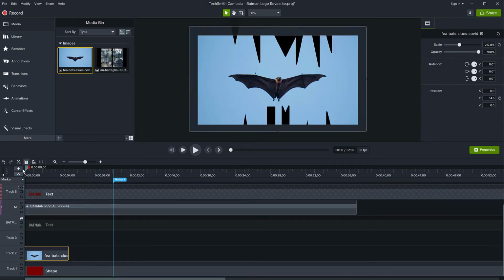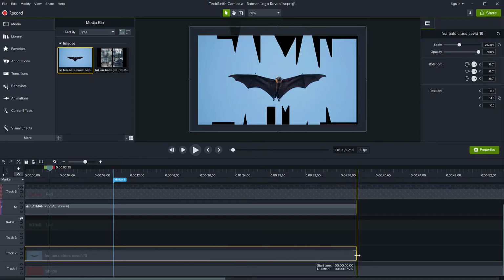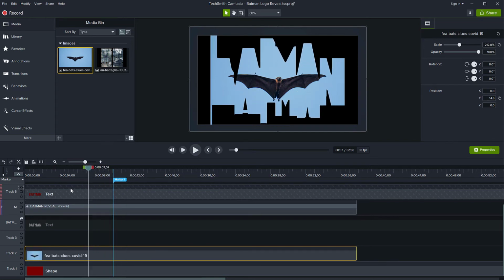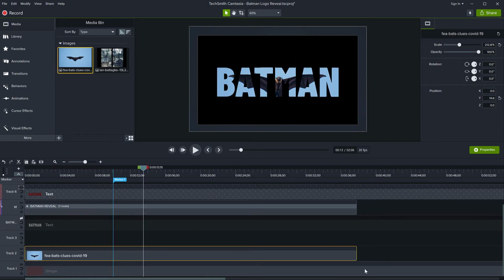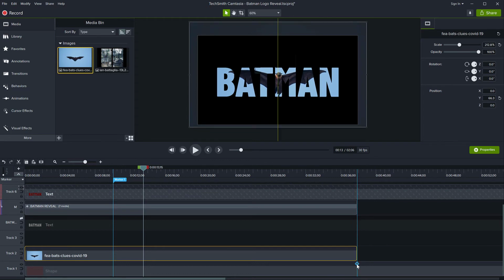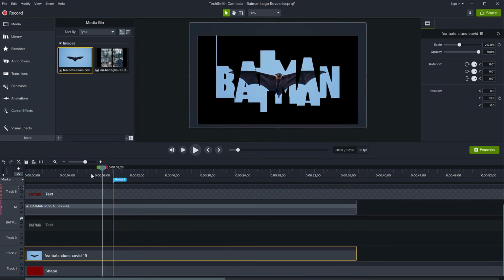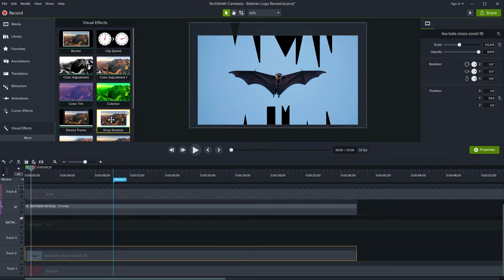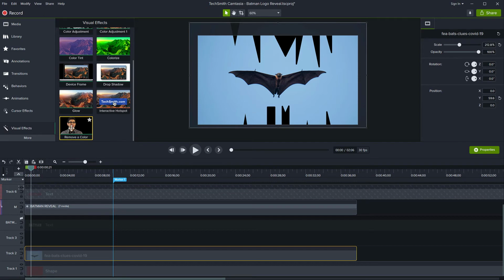So the sky is blue, obviously, in this picture. So we need to do something. I need to put this bat sort of below the logo so that it gets included in the effect, like that, so that the track above it includes the bat in there. So I'm doing some color adjustment on the bat. First of all, I'm doing a visual effect and doing a color remove. So remove a color, and then you select the